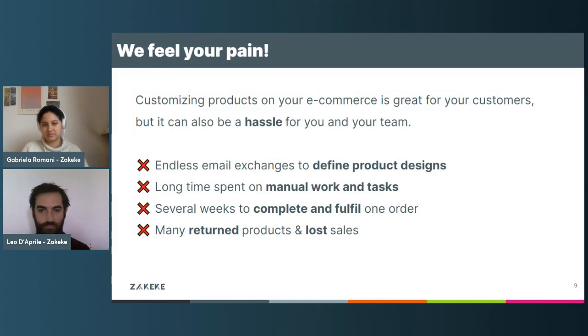Endless email exchanges back and forth. If you offer customized products for your customers and you decide to have a design, customers edit it, but maybe they are not so happy, so you re-edit that file, re-edit that product design. So much time spent. Your team of designers is frustrated. You work countless hours, weeks, to complete just one order. Think about Christmas. How many orders you need to fulfill,